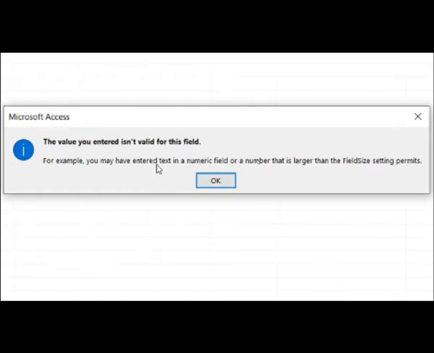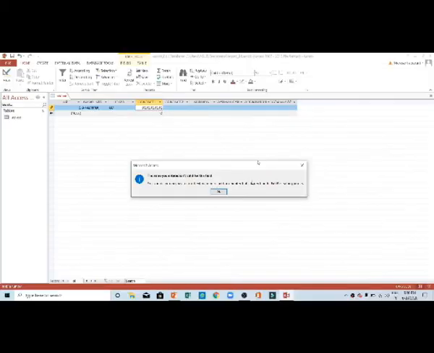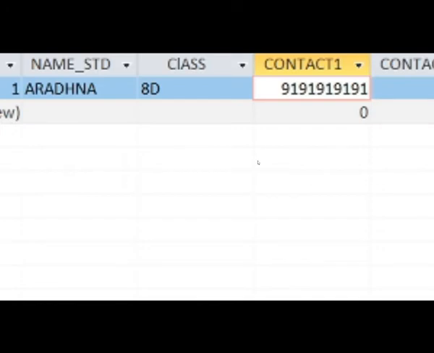This is what I was talking about, that if you take number type of data, you do not have the option of exceeding a certain length. It has a limited short length. So if you want to type a number with many digits, you have to take text.